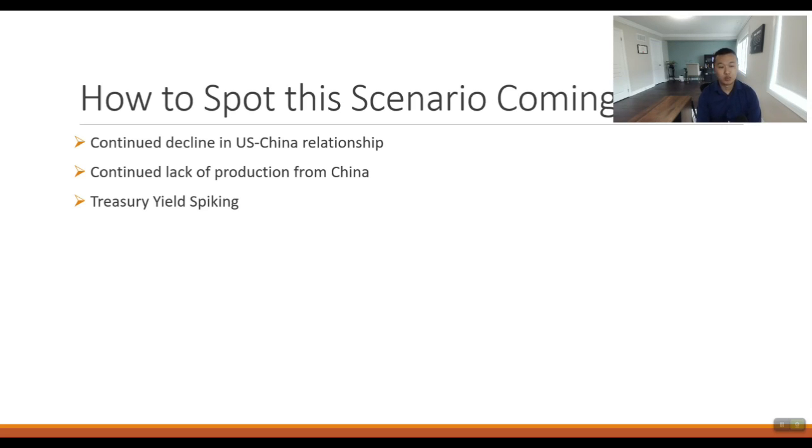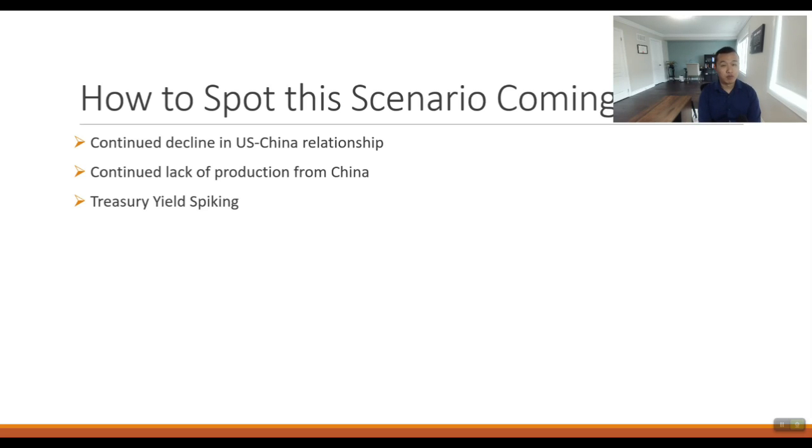The second point is if we see continued lack of production from China. So we're going to keep monitoring their COVID policy, how quickly they are shutting down the cities and the supply chain, and how long they are shutting down the supply chain. It's going to give us a better understanding of whether they're doing this on purpose or truly trying to curb their COVID situation. The way I'm monitoring this, and it is showing me that they're doing this on purpose so far, is that I am looking at cities where, for example, they have 60 COVID cases but are not getting shut down as severely as, for example, Shenzhen did.